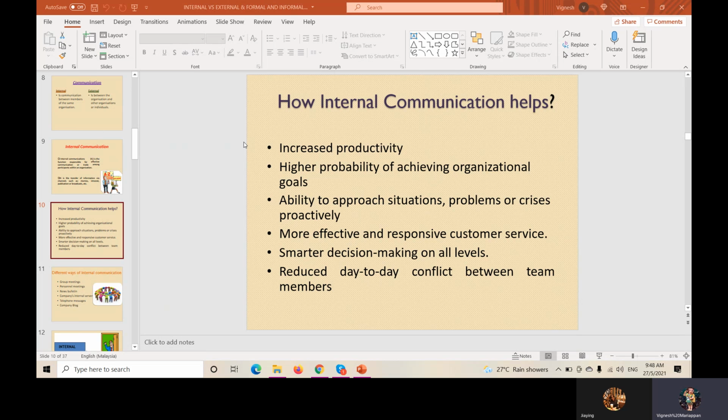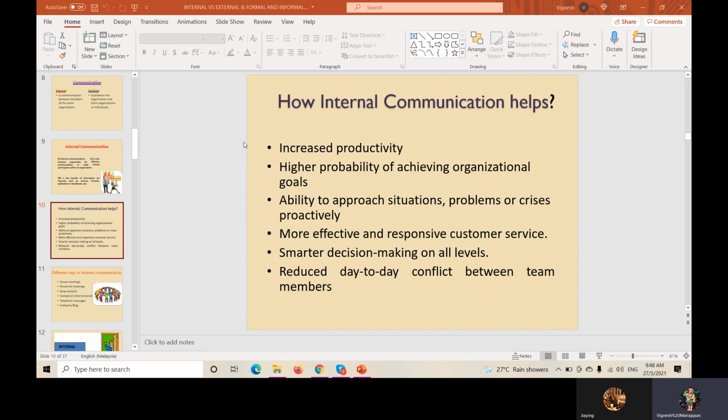So that's why I say there is a high chance to achieve the organization's targets. And then, the ability to approach situations, problems and crises proactively. Okay,